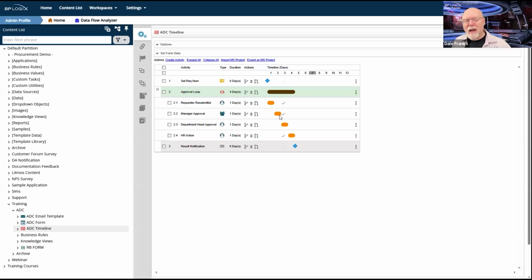But here's the thing, I can't install a computer at this guy's desk if facilities hasn't given them a desk. So in my process timeline, facilities might have their own section of the process timeline, and IT might have their own section down here, and they don't really talk to each other, except I can't issue a computer and set it up on this guy's desk until after facilities have completed the give this guy a desk activity.